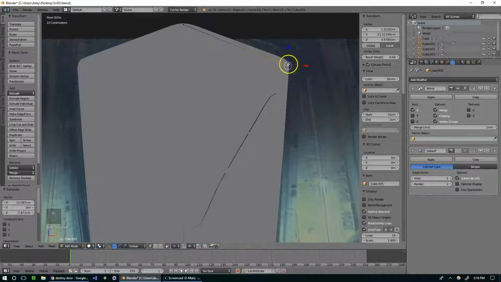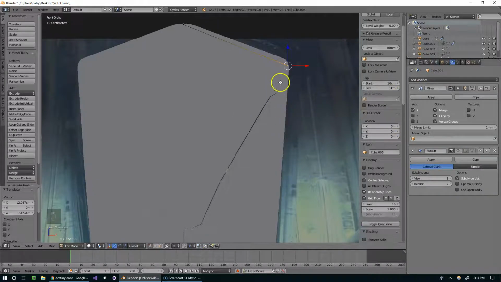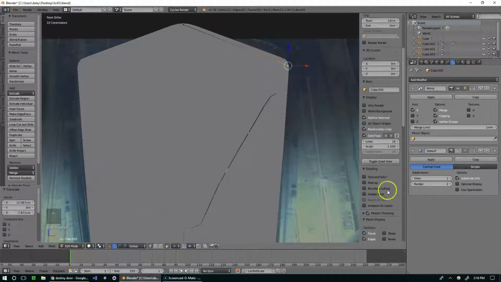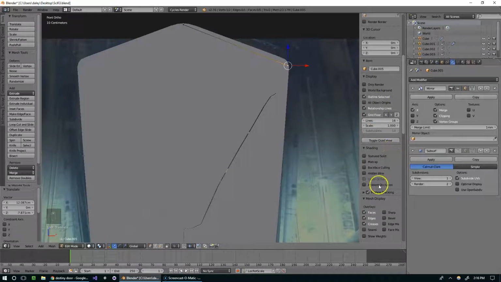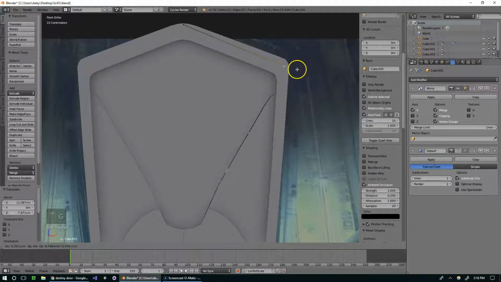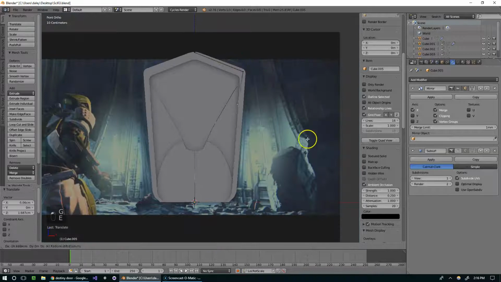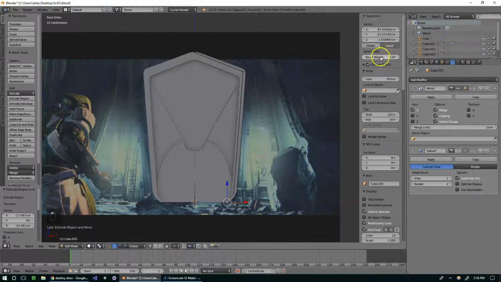And it's kind of hard to tell where the edge is here, so if we turn on ambient occlusion, we should see the edge a little bit more clearly. So that's in the shading section, ambient occlusion, and that looks much better. And I'll set this last point to be 0 on the global